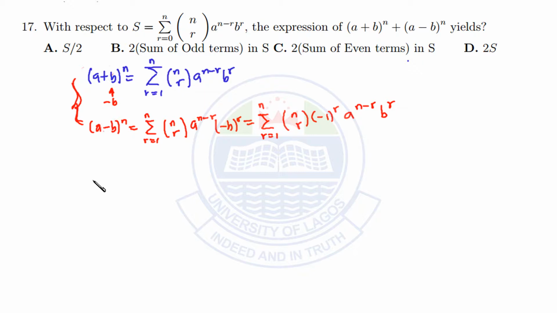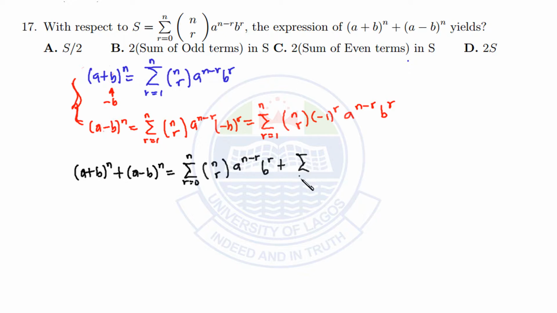I'm going to have this to be what? I'm going to have (A plus B) raised to power n plus (A minus B) raised to power n to be equal to what? To be equal to the summation of R starting from 0 up to n of n combination R of A raised to power n minus R B raised to power R